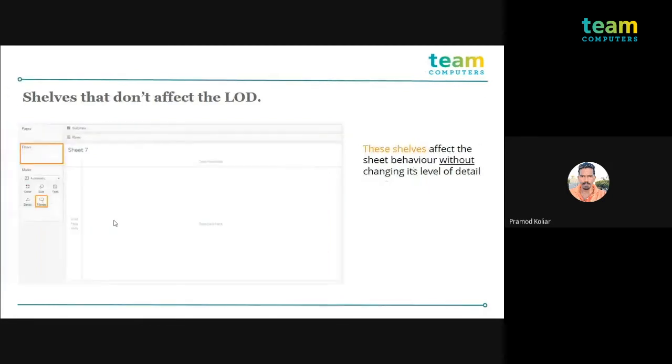Next, what we have is the shelves that don't affect the level of detail expression. So as you can see, the orange solid line is present in the filters and the tooltip. As we know, filters actually slice your data and it will affect your result. But it will not affect your level of detail expression. पहले जो data आप Viz में represent करते हो वो automatically filtered होके आ जाता है as soon as you place anything into the filter shelf, right? It will not affect the LOD, but it will slice up your data, and on top of that sliced data, our LOD will be operating.